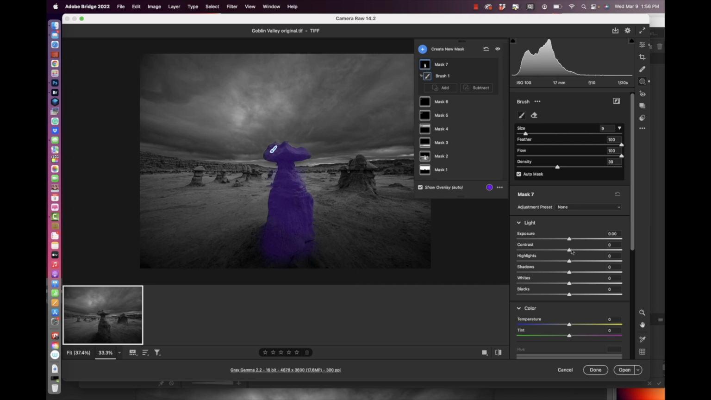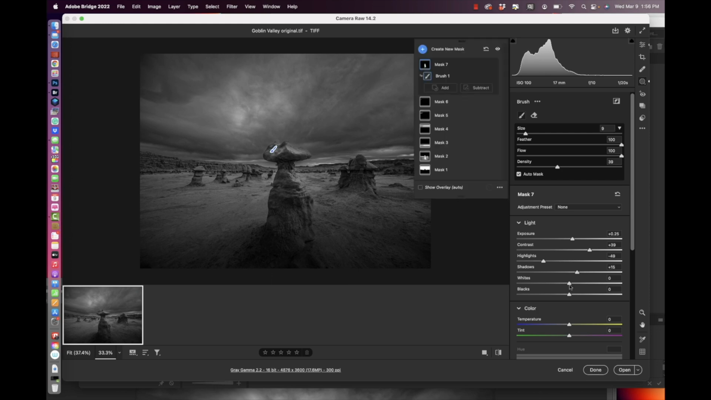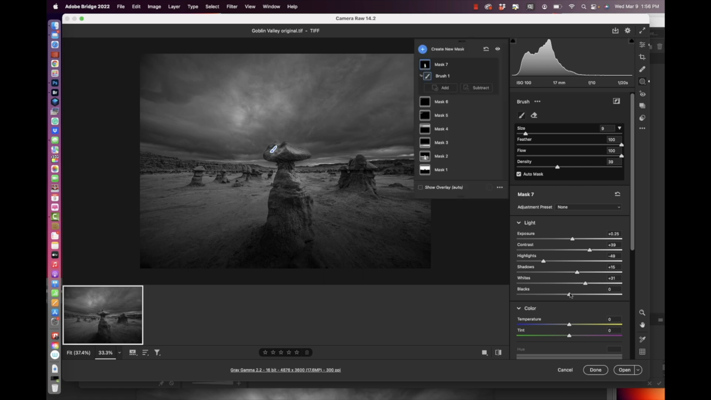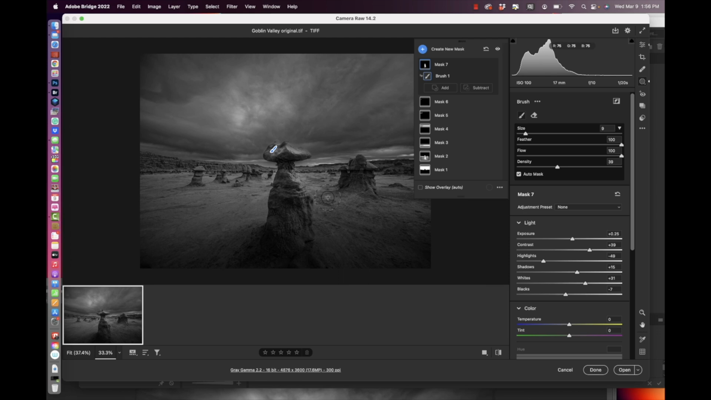All right, so let's go to exposure, bring it up, build contrast a little bit, highlights go to the left, shadows, not too much on the shadows, and then let's pull up the whites, and then I think we'll take the blacks just a tad down. Okay, now, if you notice,